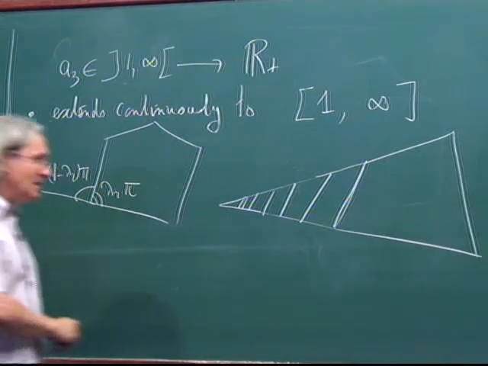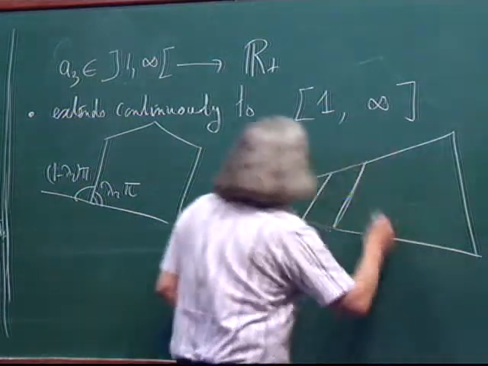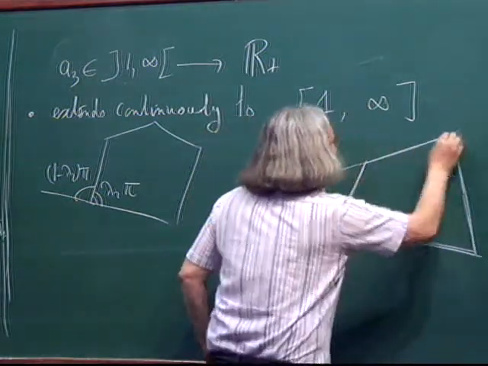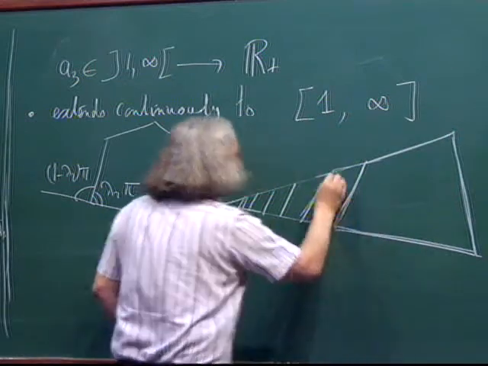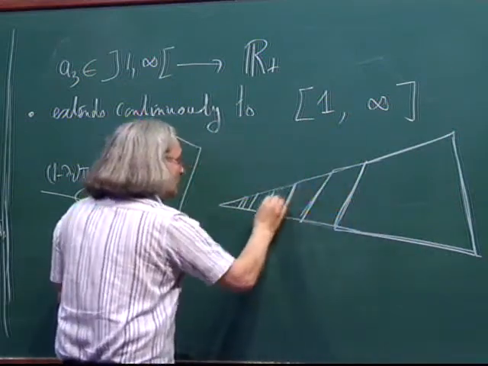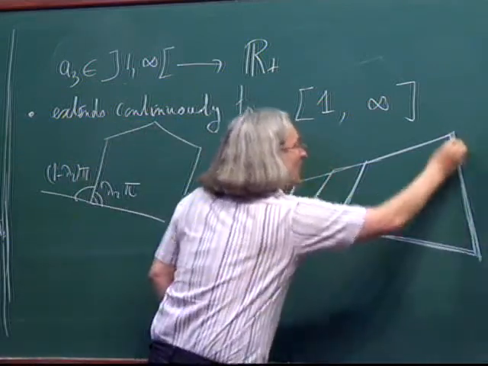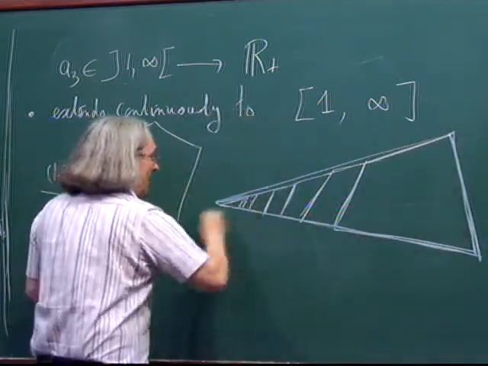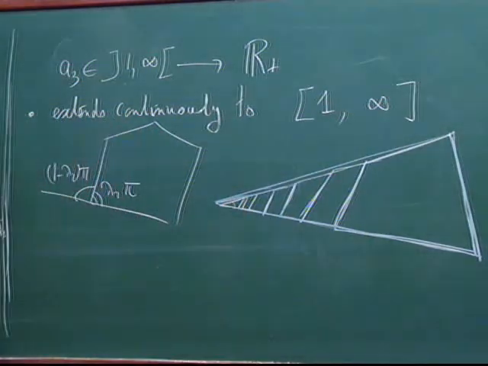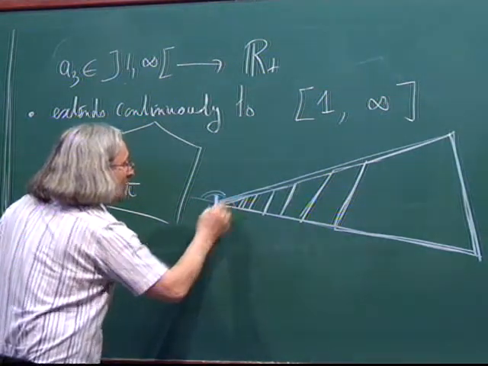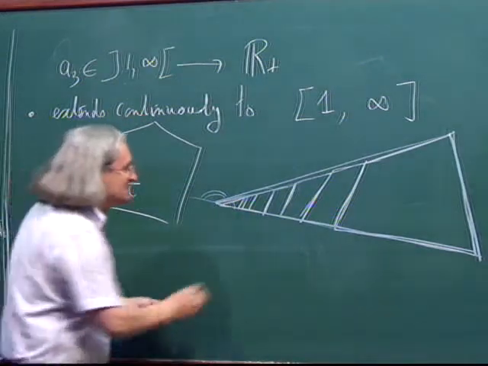So you have a continuous family of quadrilaterals, which moves, and at the end becomes a triangle. And what is the angle of this triangle? This exterior angle of the triangle is the sum of the two exterior angles